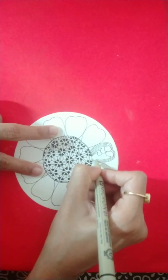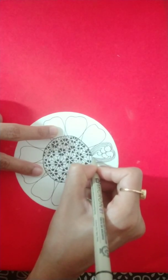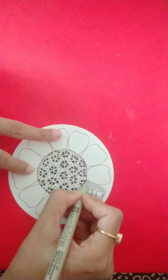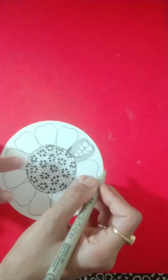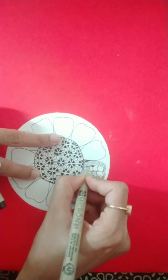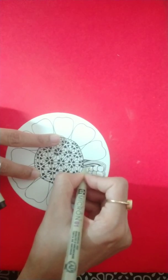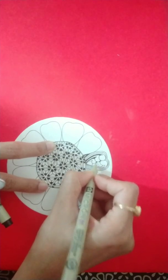So if you have to draw behind, it's okay. Again, go slow, take your time, like that, right? And probably yes. So I'm going to be doing this exercise. This space that is left, I'm going to fill it up, right? Going to fill up these small spaces left in between,